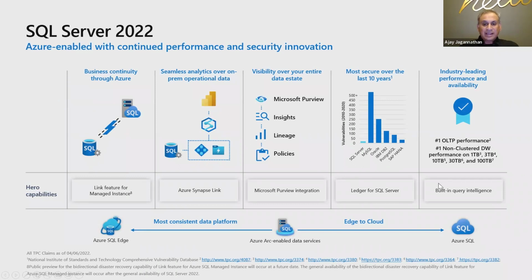As you can see in the slide, one of the key value props we want to bring to our customers is the value of Azure for our SQL Server customers. On the cloud, we are continuously innovating Azure SQL, as you know, and bringing a ton of value to our customers. So our SQL Server customers want to have the same benefits. It all starts with being cloud connected through managed instance, where you can do things like business continuity, as well as reporting workloads with a one-way replication, as well as migration through a failover. So these are some of the managed instance features.